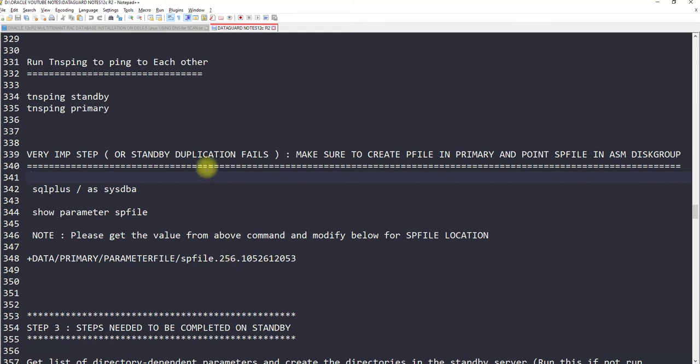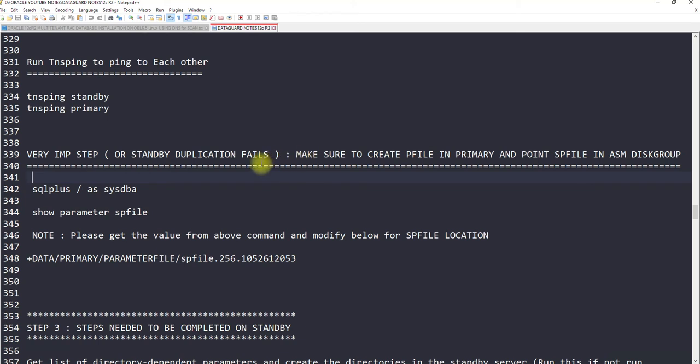But usually when running the RMAN duplication, it somehow fails because it is not able to find the SP file. A way to solve this problem is by creating the P file and pointing it to the location of the SP file in the disk group.